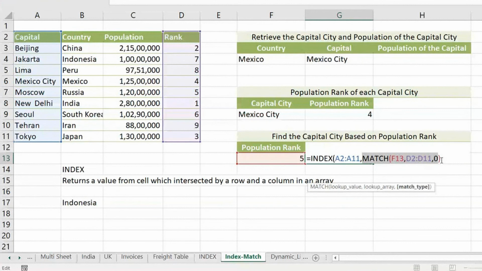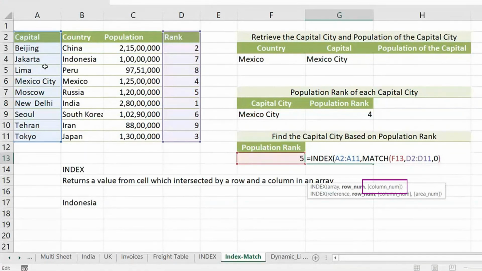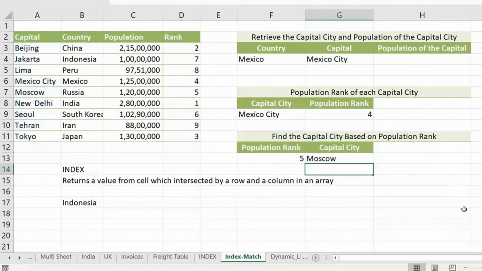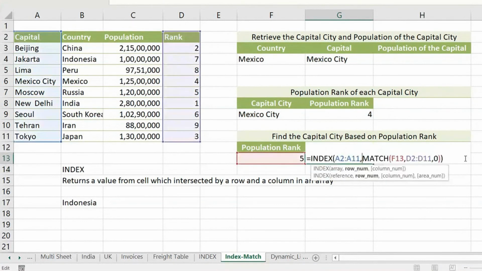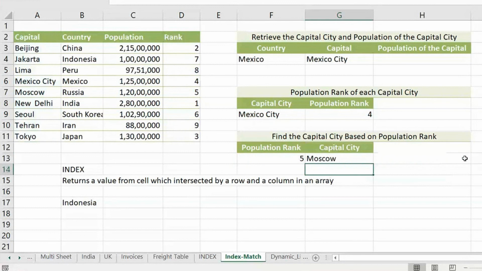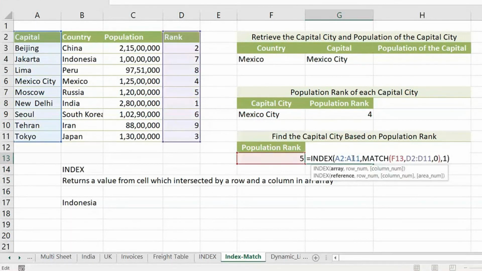Then where are we left with? Column number. Now what do you think is the column number? Look at this, because just a one column table, see, can you see this? This is in square bracket. I believe you don't have to give this parameter also. You don't have to tell one, don't tell anything, just close the bracket. Enter. You don't have to give the last parameter also, dear. If you put one, close, it does the same work. You don't put one, so just close it directly. Index is happy. Index is happy with just two inputs. We'll see one last example and stop with index.